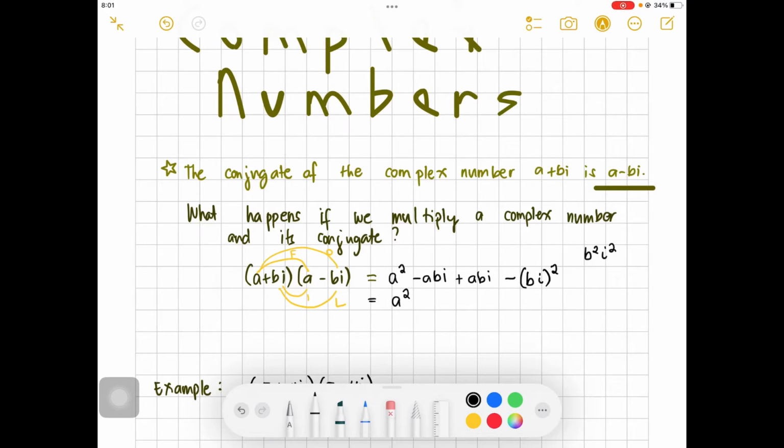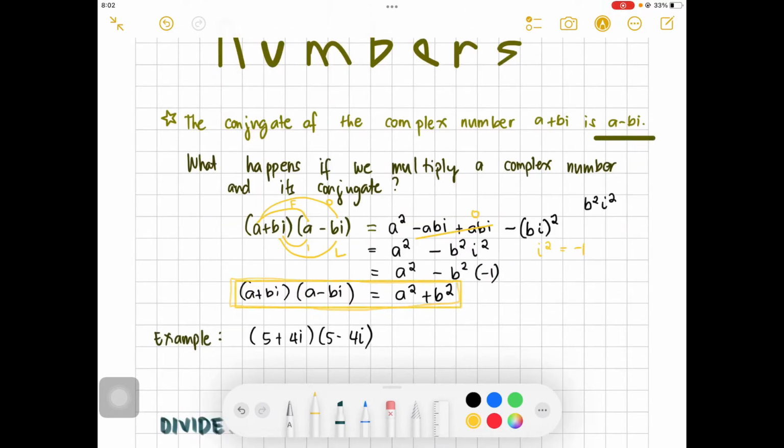And so we have a squared, the middle term will cancel out, and we are left with minus b squared i squared. But we know that i squared is equal to negative 1. We have minus b squared times negative 1, a squared plus b squared. Thus, if we multiply a complex number and its conjugate, the result is a squared plus b squared, which is